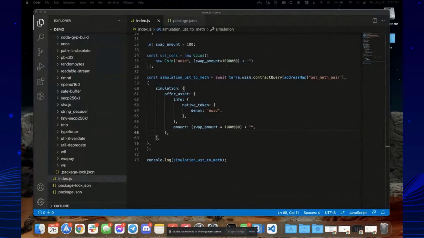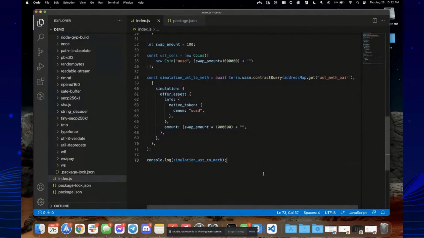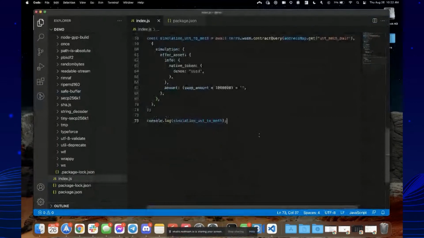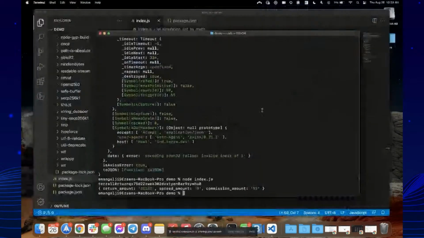Okay, let's see. I don't know what's different here. This looks exactly the same. Okay, it seems I have this poorly formatted, but this is the right way to format it now. And now, as you can see, when we run, we get that if we swapped $100, we would get the return amount of